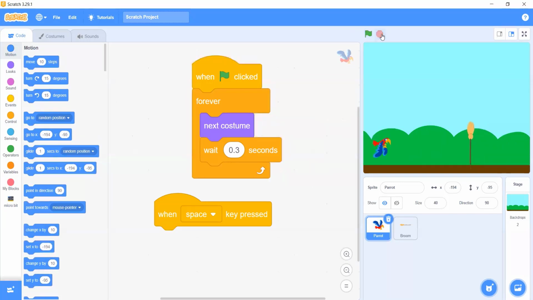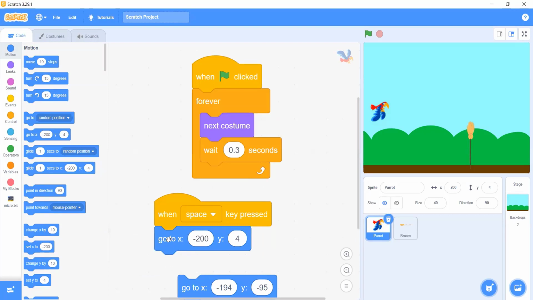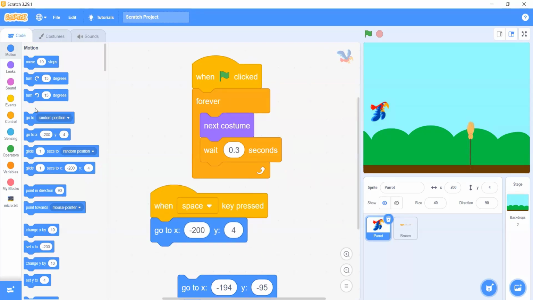I'll stop this one now. The position of the parrot right here is this, okay. But if it jumps up, let's say to this level, then this is the position, okay. That is the position. So I'll change, and I'll say